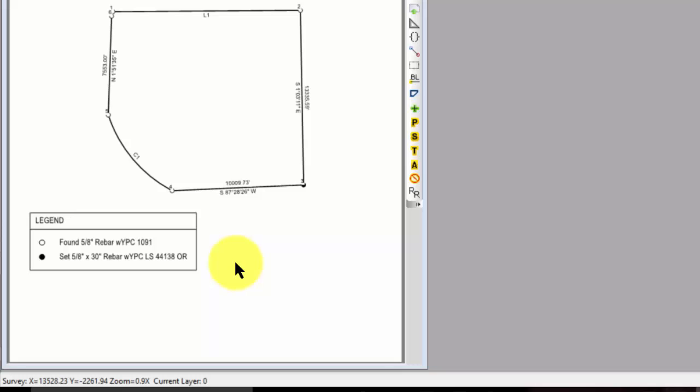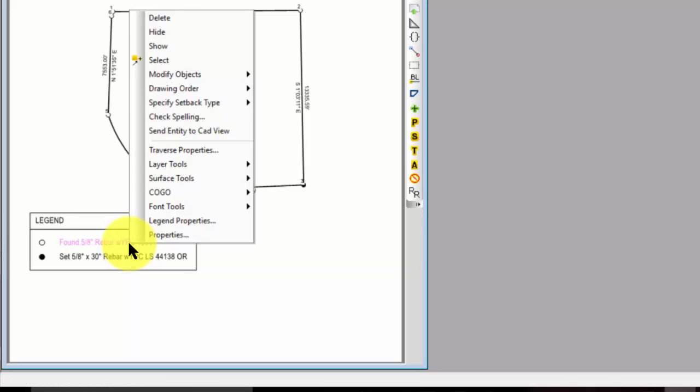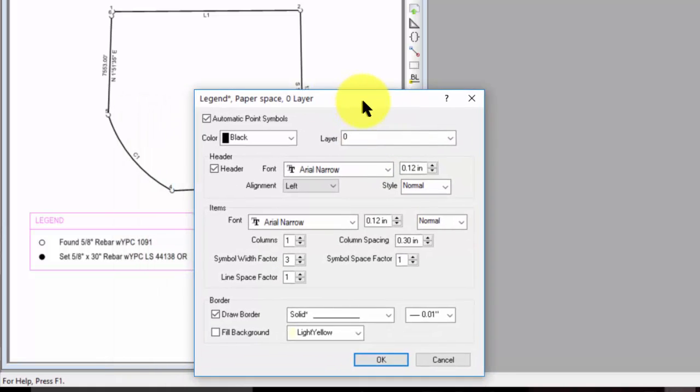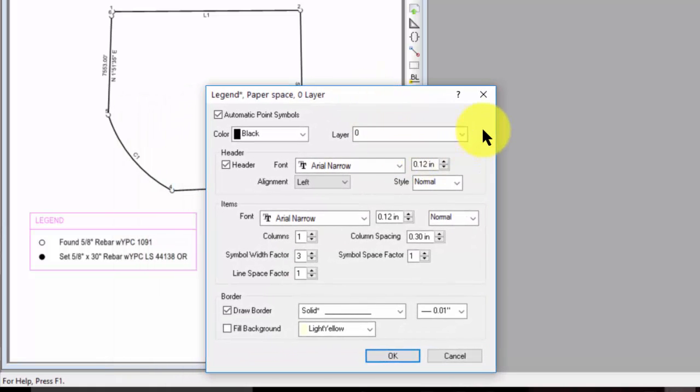Now, I'm going to right-click this legend to go to the properties, and we're going to see first of all that I can access the legend properties from one of the legend items. So I can either go to the properties for that legend item or actually access the legend here, or I can simply just right-click anywhere over the legend and go to properties. I'm just going to move it over here a little bit, and let's take a look at some of the